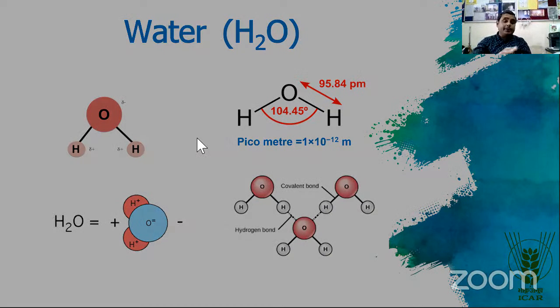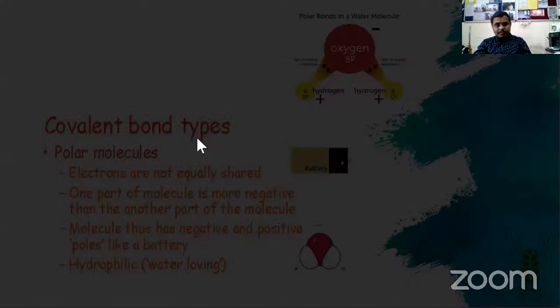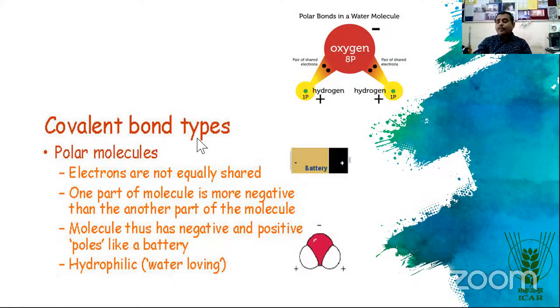The magic is that water is dipolar in nature. Both the atoms, whether hydrogen or oxygen, are negatively charged, but oxygen is more negatively charged, and the value of electronegativity is 3.5 in case of oxygen, whereas in case of hydrogen it is 2.1. That's the magic play. Water is covalent type, and the polarity of water is like this.